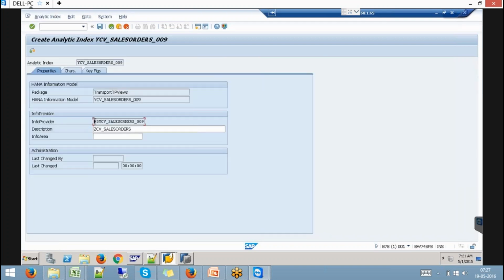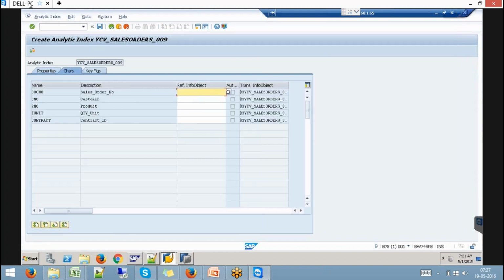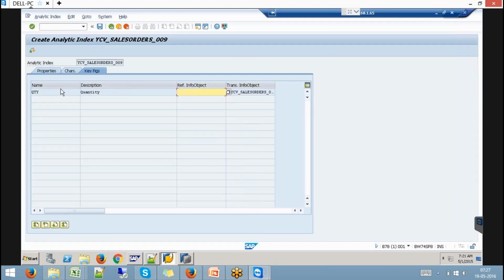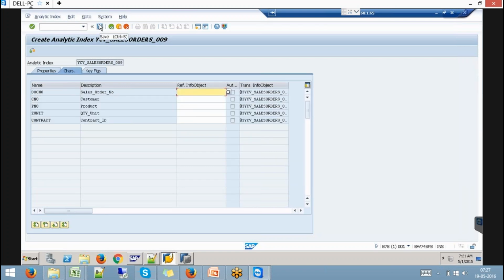It automatically creates a provider with @3 and then your view name. That's how the transient provider name comes in. Here you can see the list of characteristics, and here you can see the key figure. There is only one key figure, quantity. Okay, let's just save it. That's it, my transient provider is ready.